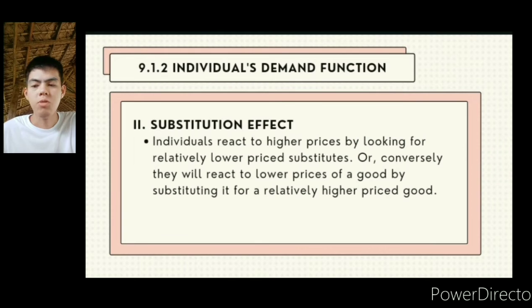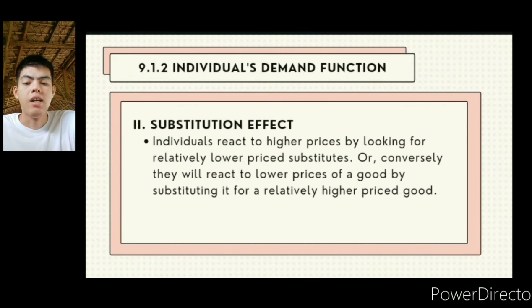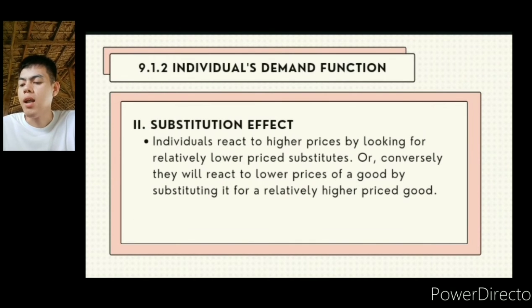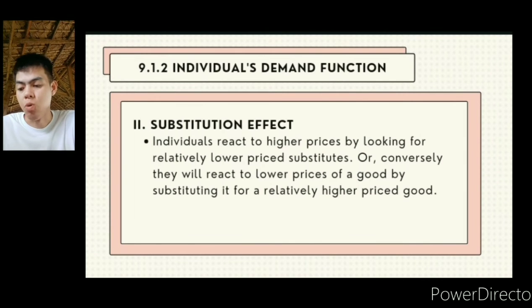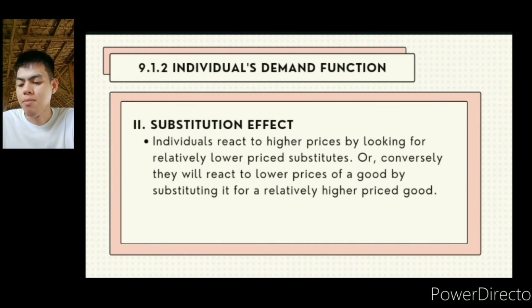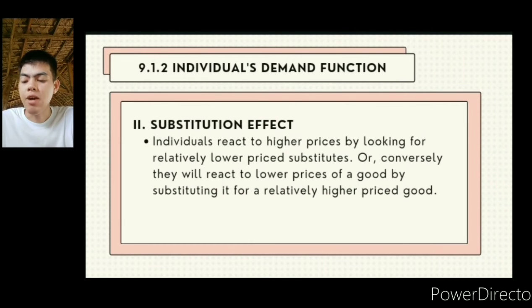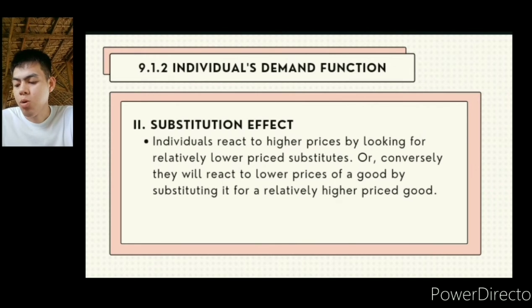Then, dumako tayo dun sa substitution effect. Dito naman, ang mga tao ay nagre-react o umaangal pag tumaas yung presyo ng isang goods. Siyempre, as mamimili, hahanap tayo ng pamalit sa goods na yun na mas mura. Katulad na lang pag tumaas yung presyo ng karne. Dati, nakakabili ka. Pero ngayon ay hindi na. Siyempre, as mamimili, maghahanap tayo ng alternative na pamalit. Imbis na karne, ang bibilhin natin, frozen foods na lang, kasi mas mababa ang presyo nito sa kasalukuyang presyo ng karne.